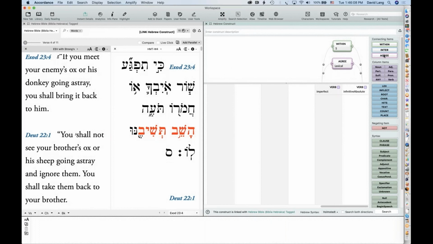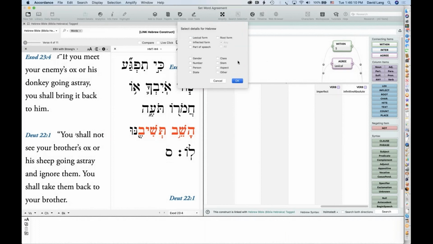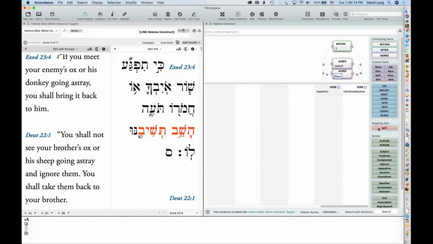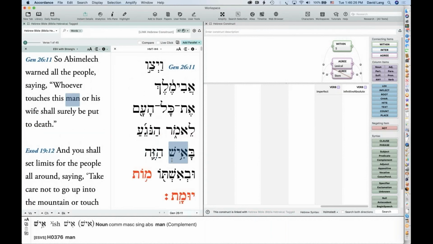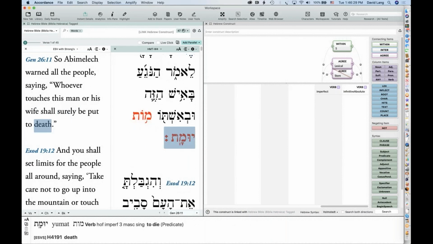And I'm going to drag another agree item and specify stem here, but this agree item I'm going to negate with a not symbol. So now I've said these two have to agree in lexical form, but they can't agree in stem. Does that ever happen? And it does happen. So here we get mot umat. So mot is in the kal stem, but umat is in the hofal stem.